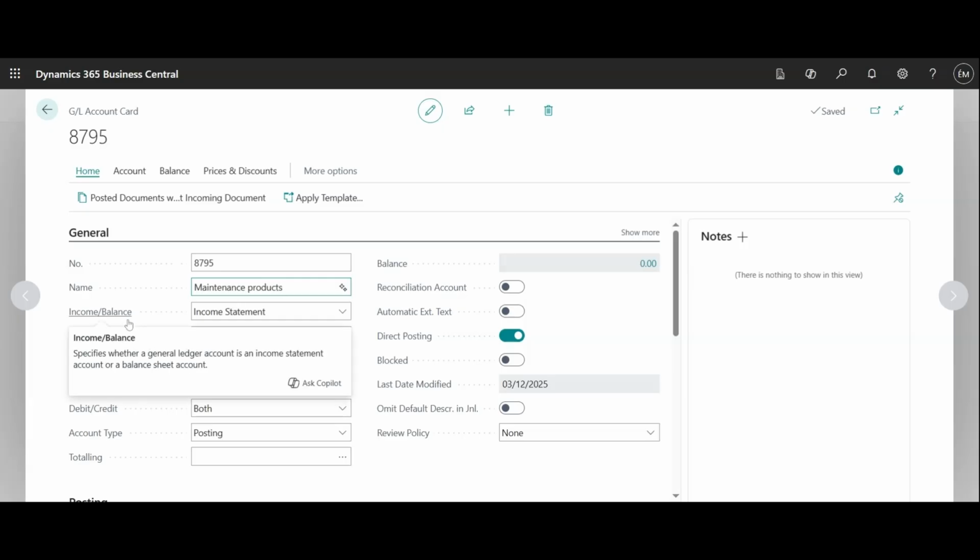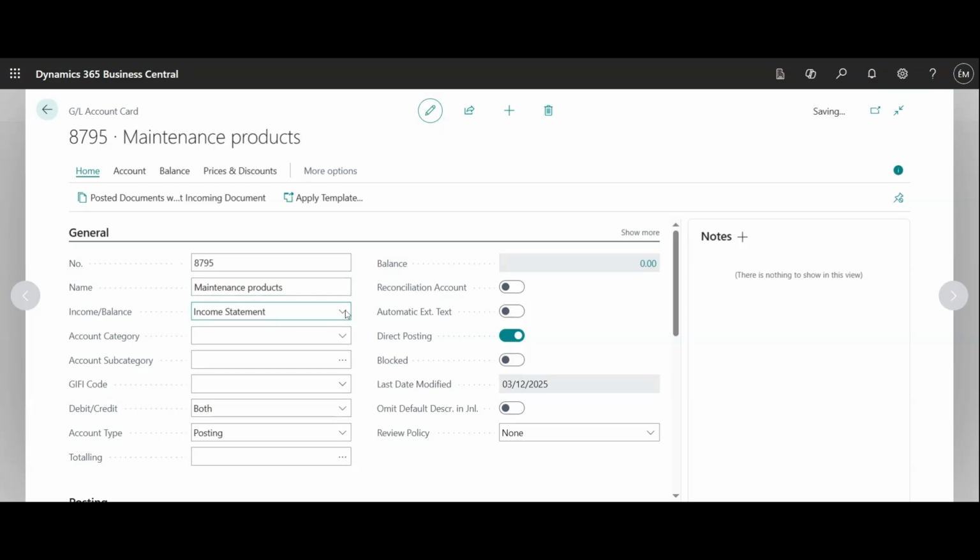And then we've got the income statement or balance sheet. So this will depend obviously on the type of GL account that you're creating. But for this example, as we know, this is going to be an income statement. Now, this is also very important because the system will use this field to close the income statement for